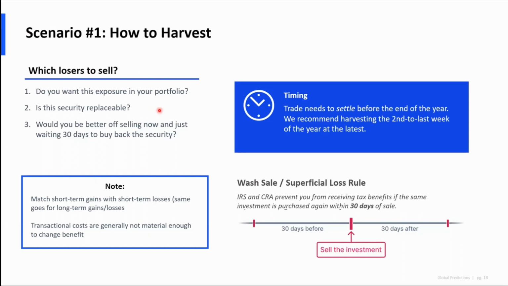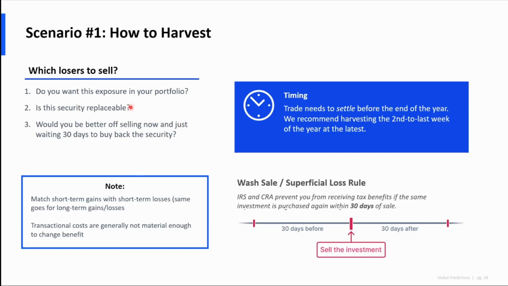But what you can do is find something that is substantively the same, at least to you and your investment strategy, but is not exactly the same. Again, we'll talk through in the next slide what qualifies for that and how to navigate that trade-off and balancing act. But when people talk about tax loss harvesting, that's often what they mean: locking in losses and then moving your portfolio back into a position where it is basically the same as you wanted it, but without having to pay the taxes because you mitigated the gains with some losses.